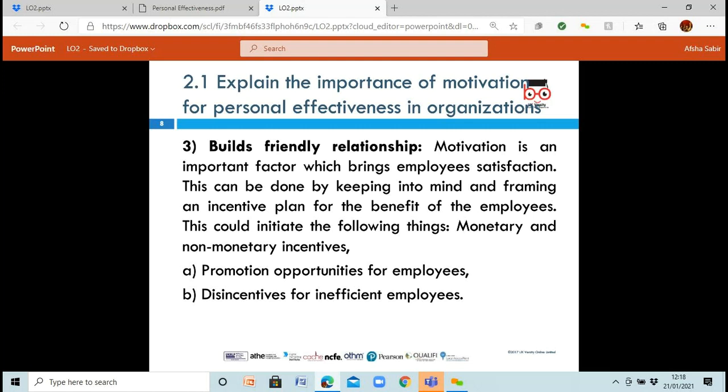And then there's disincentives for inefficient employees. These are people who aren't working very well. So they've got things set into place where they might have to report to you weekly or daily. They might need to work under somebody else and have their work checked regularly. You might say that if you're not going to do your work properly, ultimately you might end up not having a job. So you need to have those set in place as well. Have good things set in place, and also have things set in place where you can encourage your employees to actually do their job.